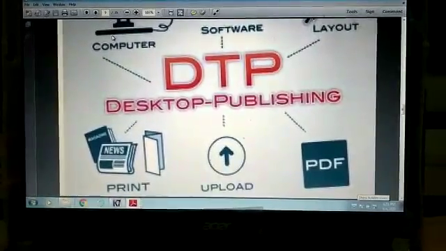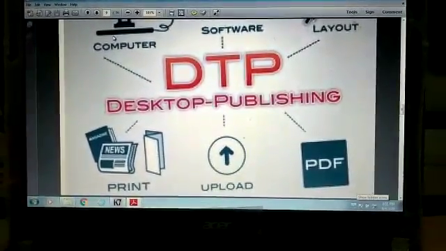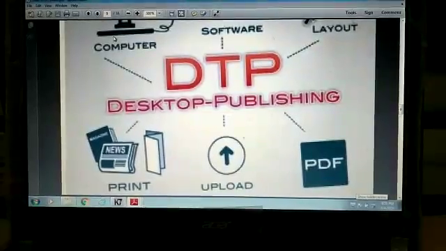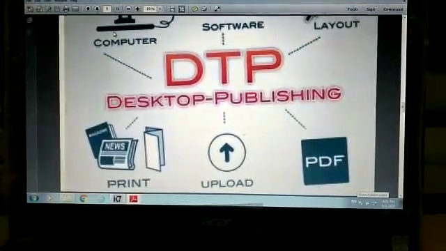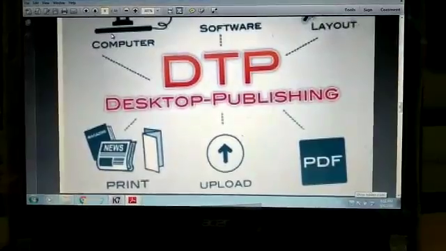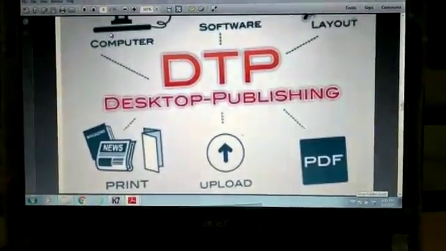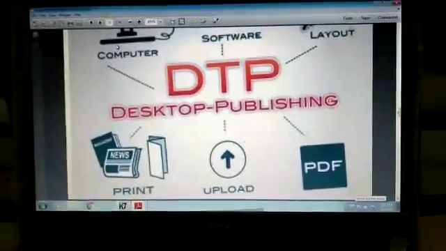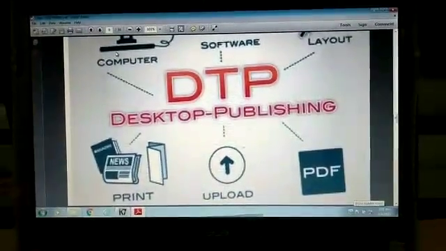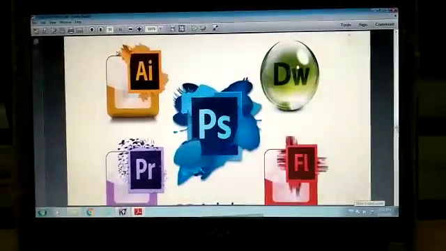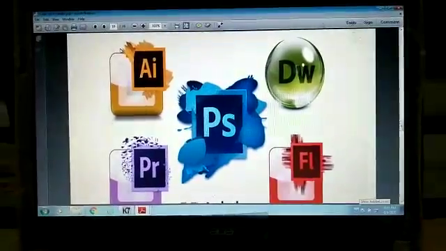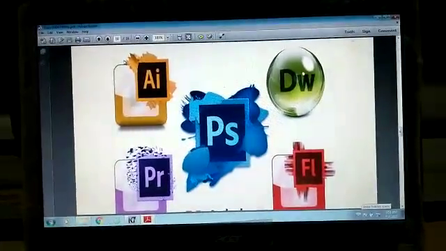And the next is DTP, desktop publishing software. It helps us to combine both text and graphic pictures, with features to design professional documents, books, posters, magazines, etc. And the sixth one is graphics software.